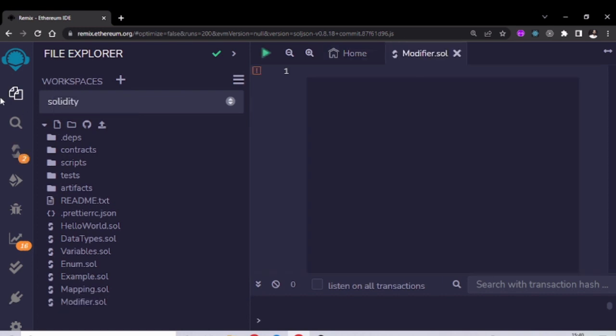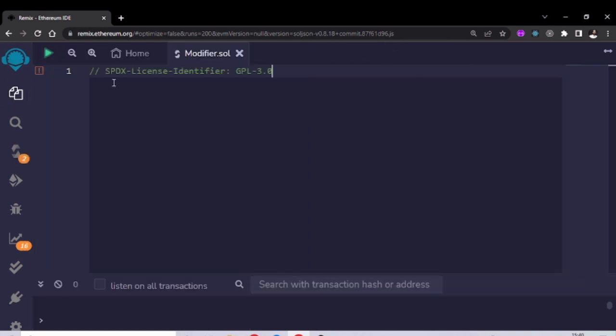dot sol for Solidity, and as you already know, first of all you just need to comment out the license, then pragma solidity, then the version, then we need to start with the contract keyword, then I'm taking the name as